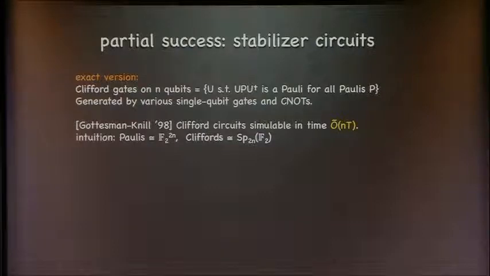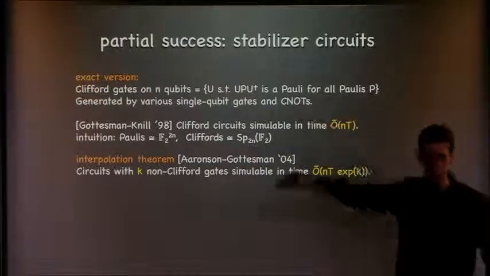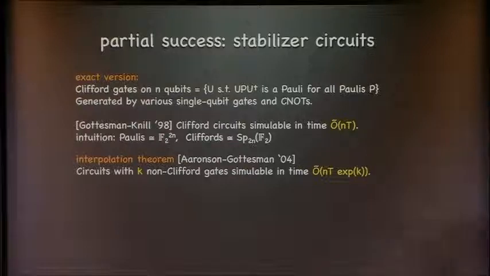So if this is the exact theory, the simple non-interacting case, how do you interpolate? This is a very easy extension. If you have k non-Clifford gates and everything else is Clifford, then you can do the same simulation at a cost that's exponential in k. So you can smoothly interpolate between a Clifford circuit and a general one, but the cost you pay now is not with each entangling gate, but with each non-Clifford gate. Remember, Cliffords contain controlled-NOTs, which are your classic entangling gate that every experimentalist wants to do. Those are free, but what are not free are single-qubit operations that might be non-Clifford.